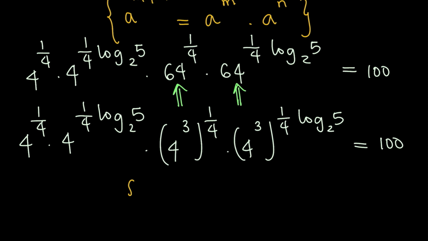So we would use this law of indices to open this bracket. A raised to power m raised to power n is simply a raised to power m times n,